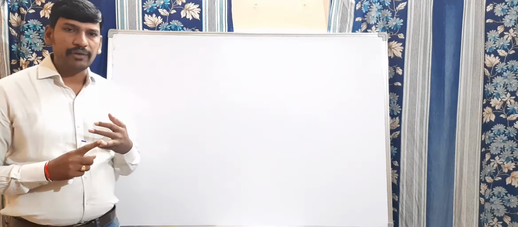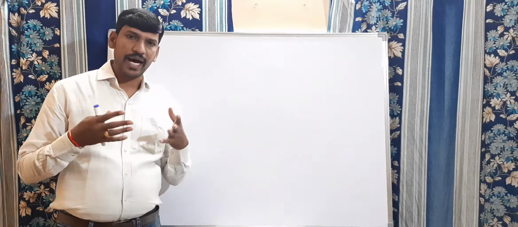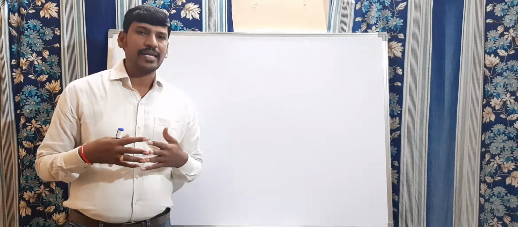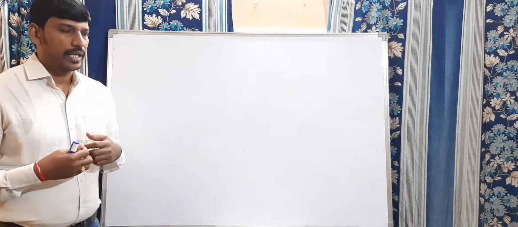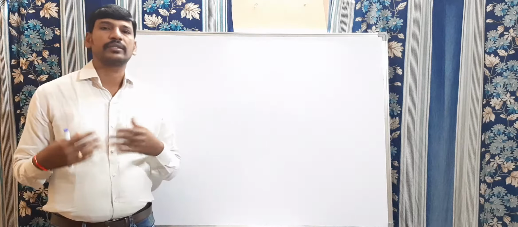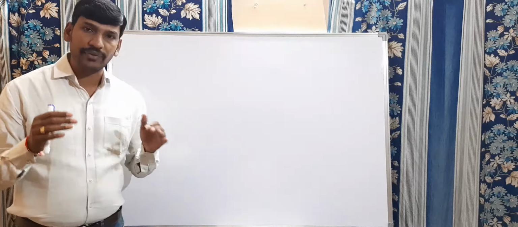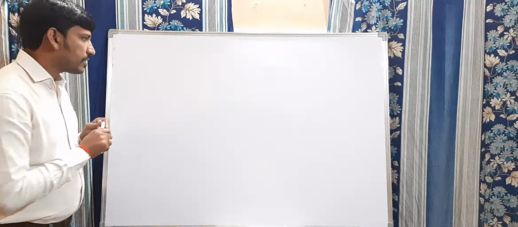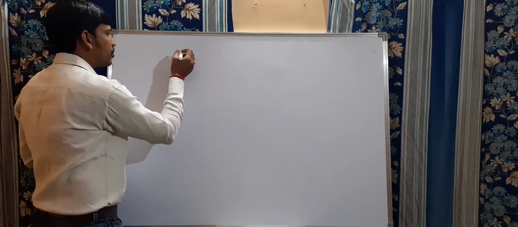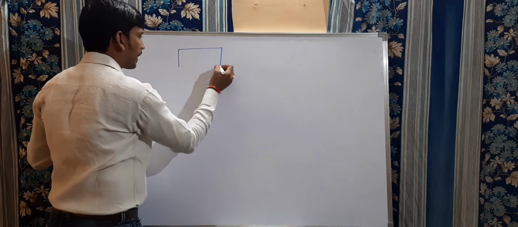perimeter and area of 2D shapes, that is a square, rectangle, triangle, circle, as well as a parallelogram, rhombus, trapezium. We discussed how to find the perimeter of these 2D shapes and also the area of the shape. Clear? Let us discuss a small example. See here, a small rectangle.